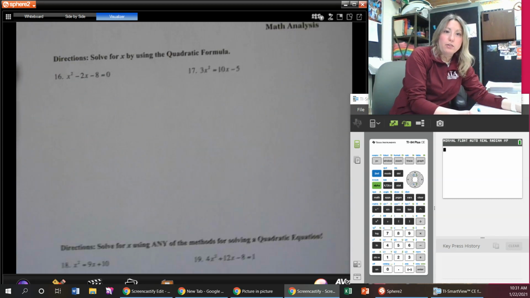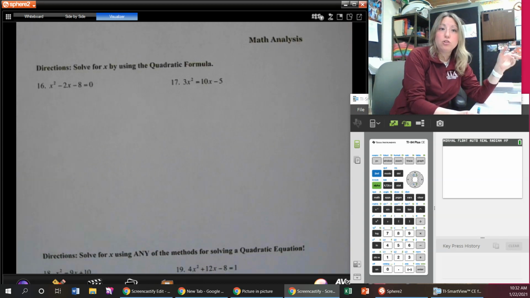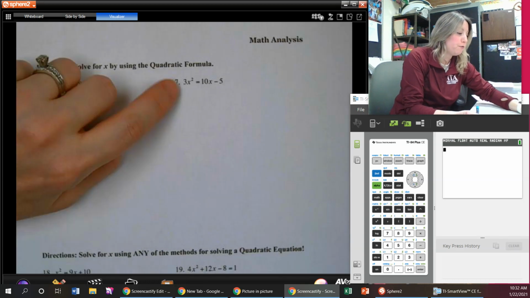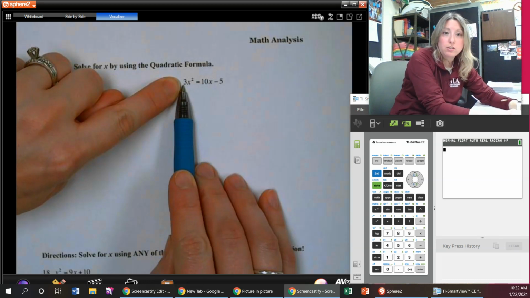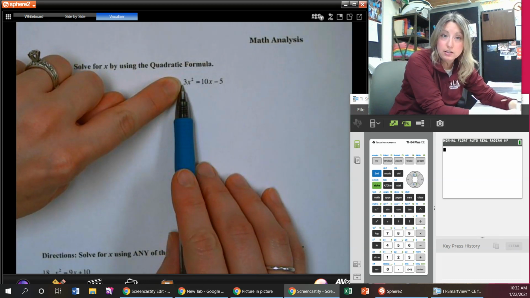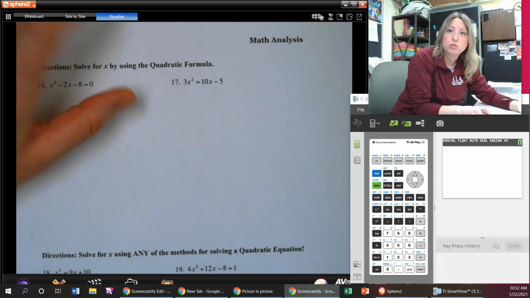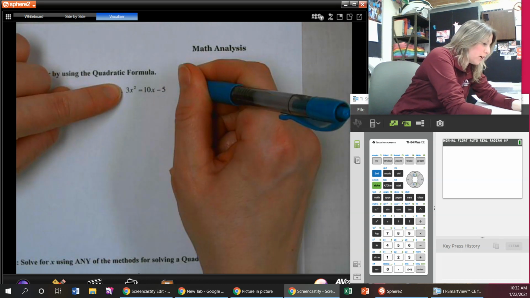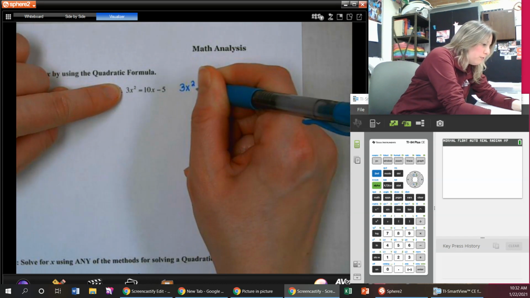Now let's use the quadratic formula. Make sure you have standard form first. So I have to first, doesn't matter which of these I move. I don't need to keep x squared positive, but I like to. I'm used to doing it that way. So I'm going to subtract the 10x over and add the 5 over. So I rewrite, getting standard form